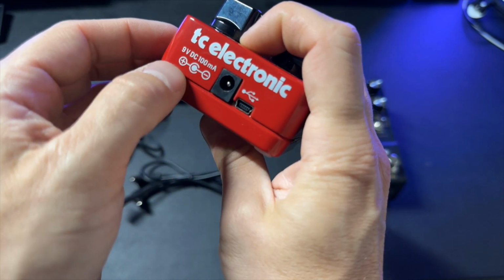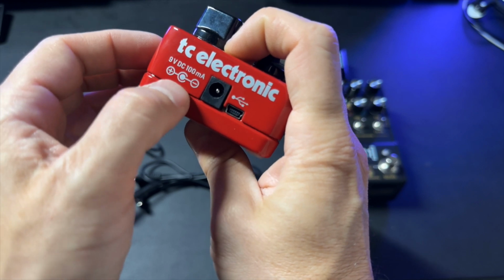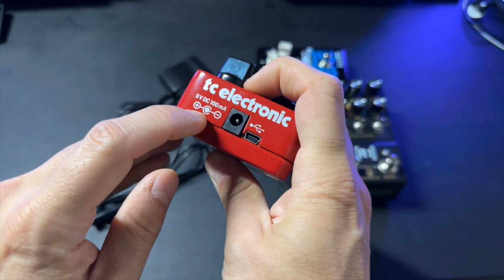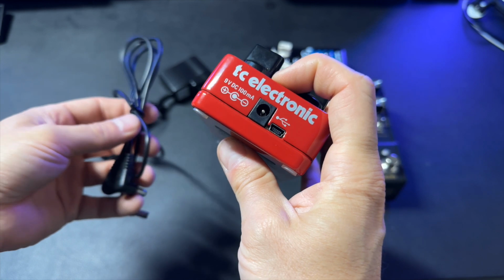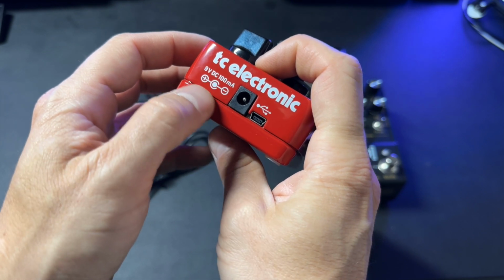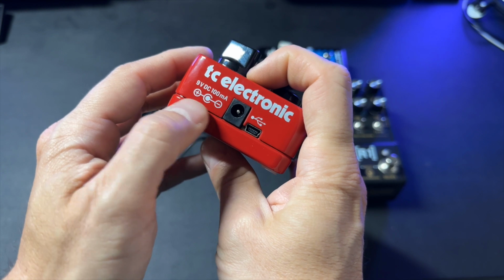But I'm not going to get super into this. Most pedals are center negative. That's why when you buy daisy chains like this, or the power supplies, they come with all center negative tips, because it's just so much more common for pedals to be center negative. And if you're new and you have just like 3 or 4 pedals, I guarantee you they're all center negative, but just so you do know what that means,